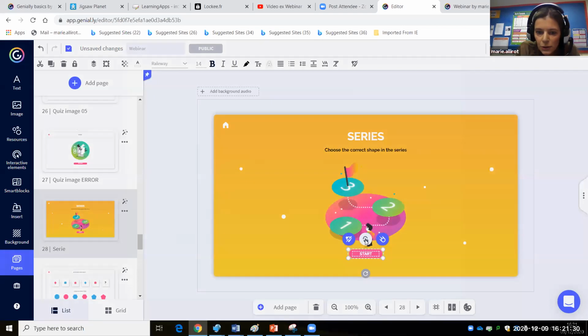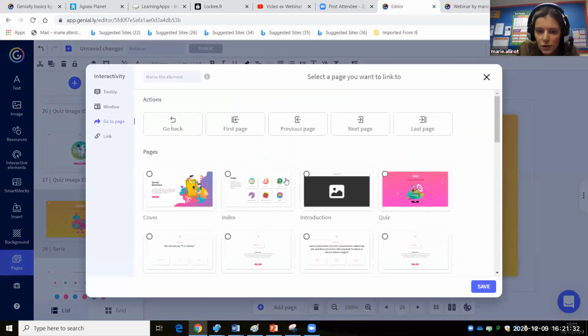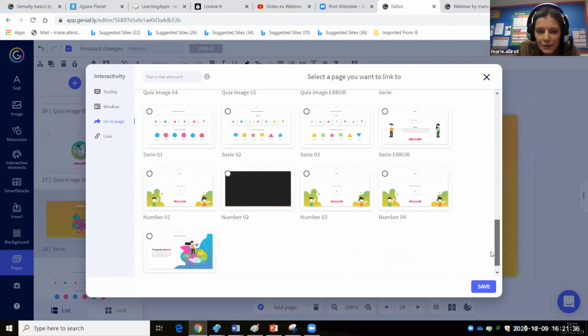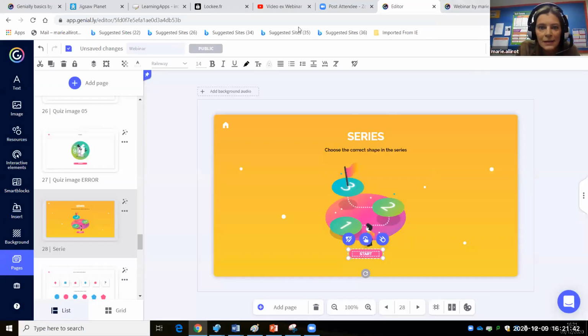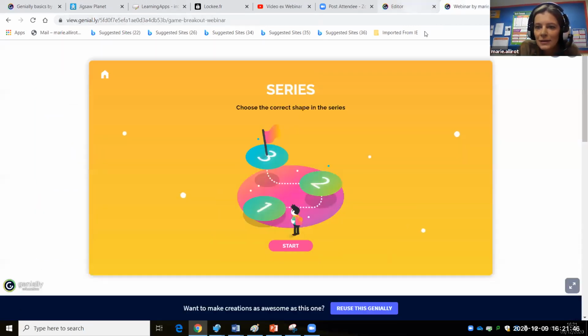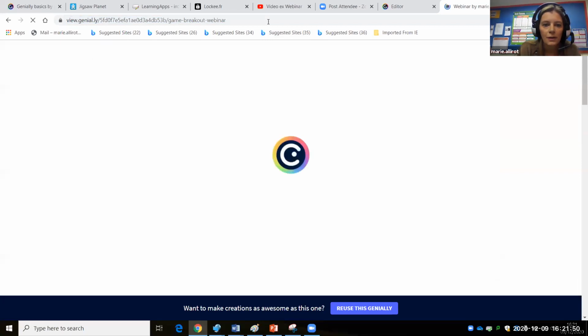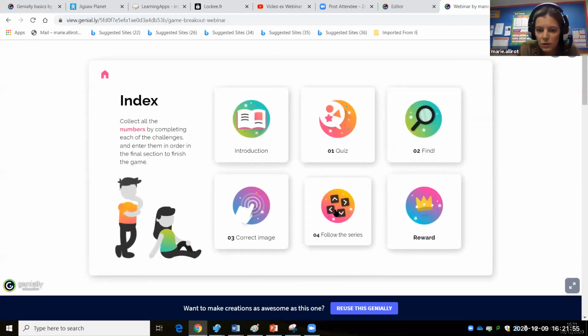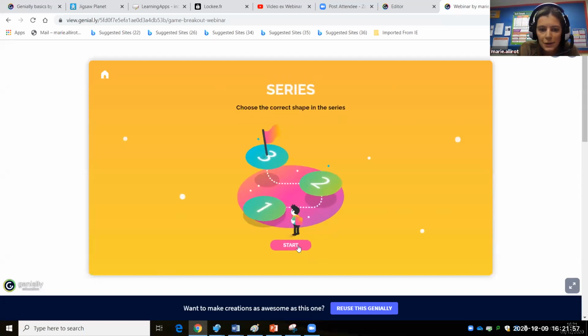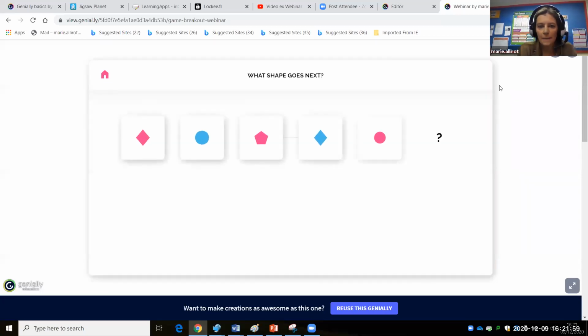So it needs to, if you click on that, go to page, and this is the current page. You wanted to go to the next page. So if I go back to here, I need to, so it's still the same link. I need to refresh the page because I've just done a change. Follow the series, start, and now it's working.